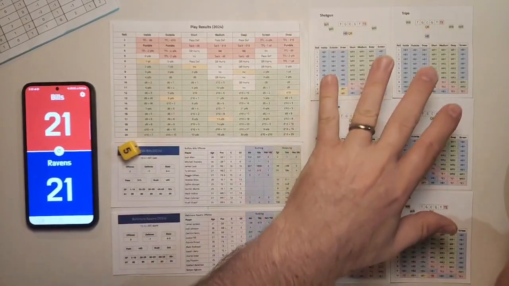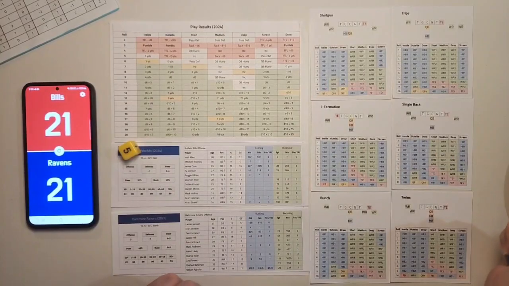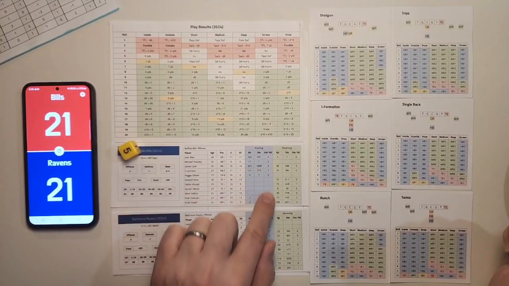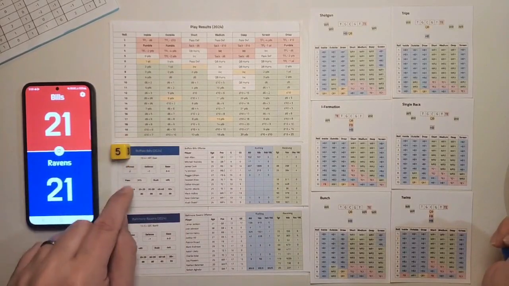We are playing again with our formations here. The formations are going to help us decide who is going to catch the ball or run the ball on a particular play. We also have some new sheets here that have the rushing yards after contact and the receiving yards after catch, which is going to give us a little bit of extra pep in our step for those plays as well. We have these smaller cards for